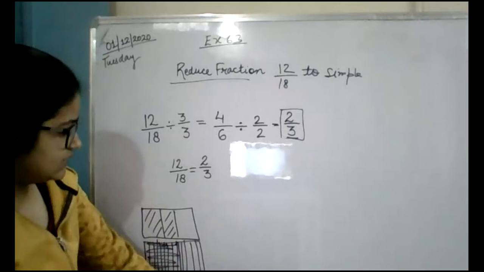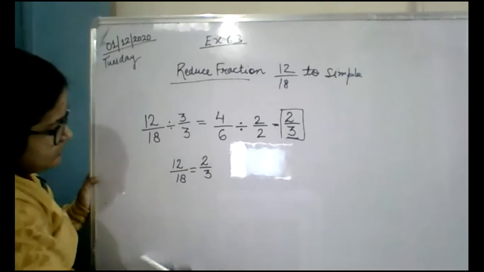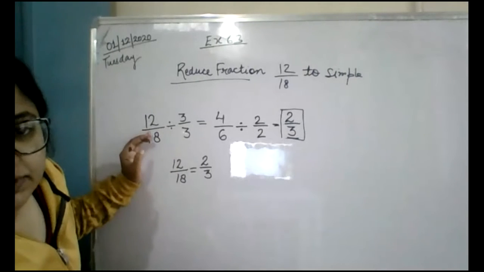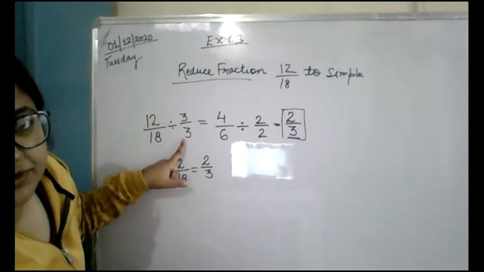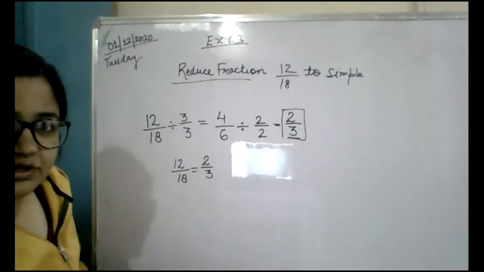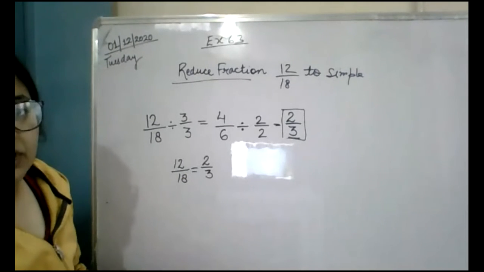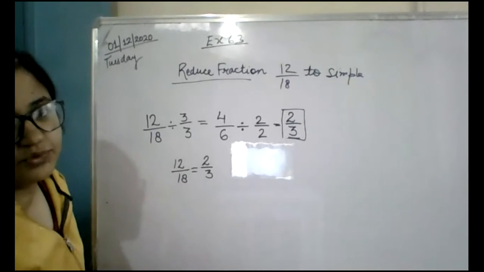Understood? Okay. So how will you do it? That is not important; what is important is this: in whichever same table both numbers appear to come, divide that number, the numerator and also the denominator, by the same number. That's it. Understood everyone? It is very easy and very interesting also when you do it. If both seem to come in the table of 6, divide both of them by 6. It's all up to you.